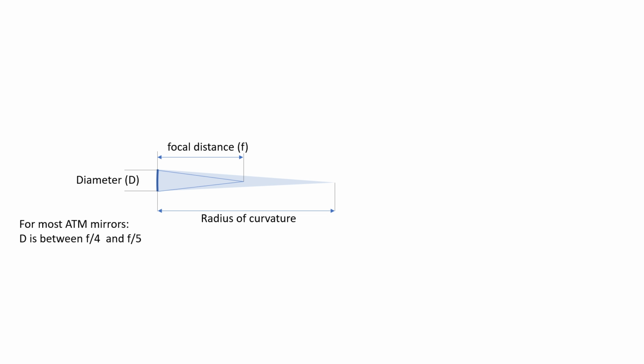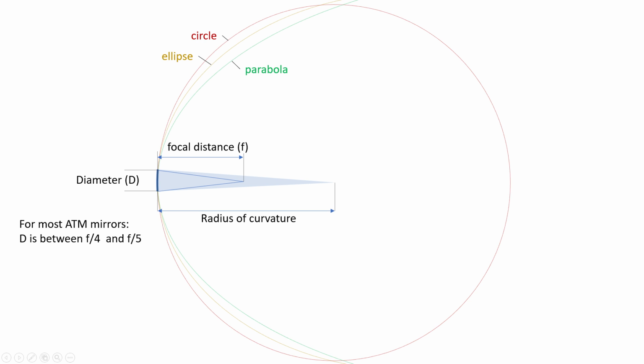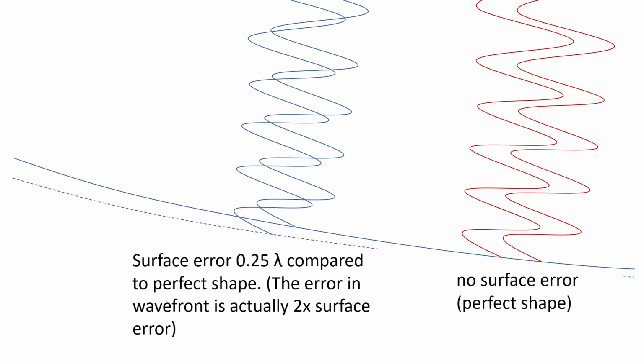So the surface shape of a parabolic mirror is generally only a few microns different compared to that of a spherical mirror. And only when we go to much lower f numbers, the difference becomes more substantial and maybe even noticeable to the naked eye. However, even a few microns difference are very important, since visible light has a wavelength between 0.4 and 0.7 microns. And even surface deviations of a fraction of the wavelength can negatively influence the imaging quality.